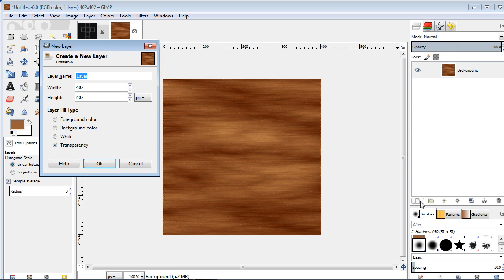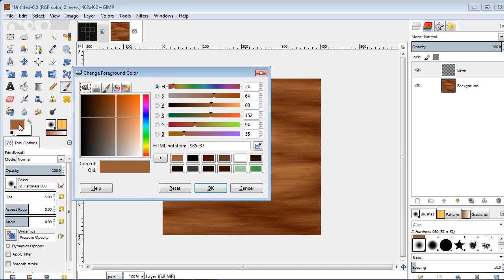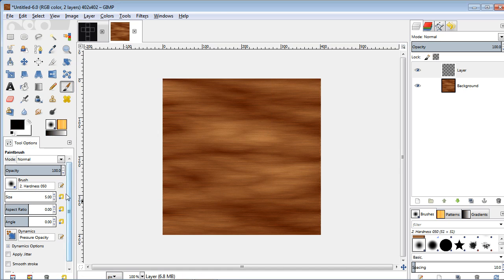And then I'm going to create another layer on top of that, and make sure your layer fill type is transparent. Say OK, and then I'm going to go up here and choose my brush, and then I'm going to go to my foreground color and change that to black. And for my brush size is 5, and I'm going to leave everything else set the same. I'm just going to click outside my image here, and then I'm holding my shift, and when I get it where I want it, I'm going to hold my control,